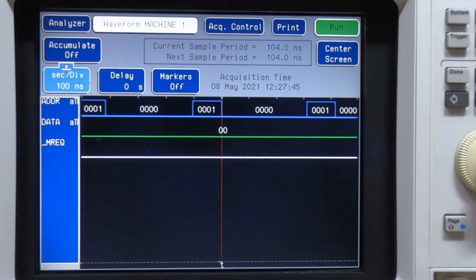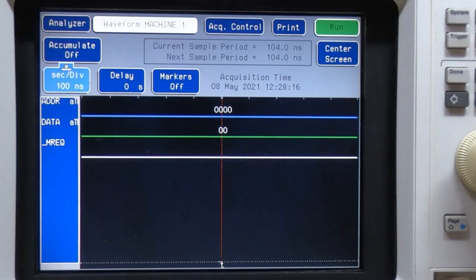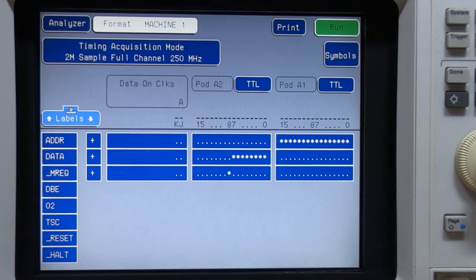If I run it again, toggling the input, and if I turn the pot down, notice we're getting all zeros every time. If we go back to the format, you'll see the arrow's gone. I'll turn the pot back up and it comes back. So you can adjust this. In this case, if we turn the pot down until the arrows disappear,